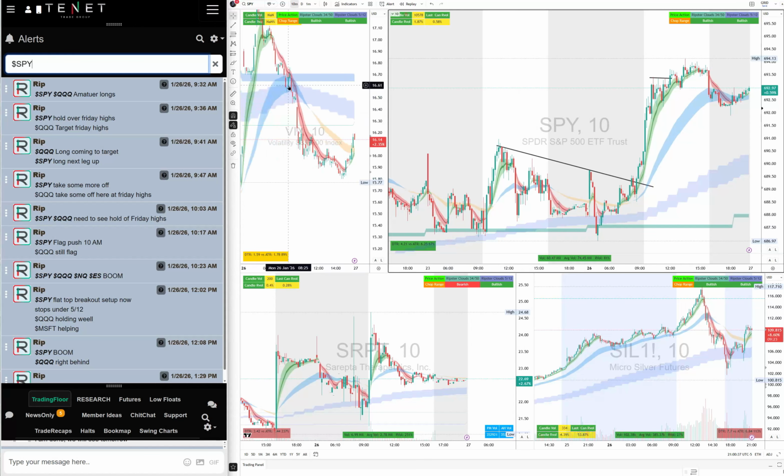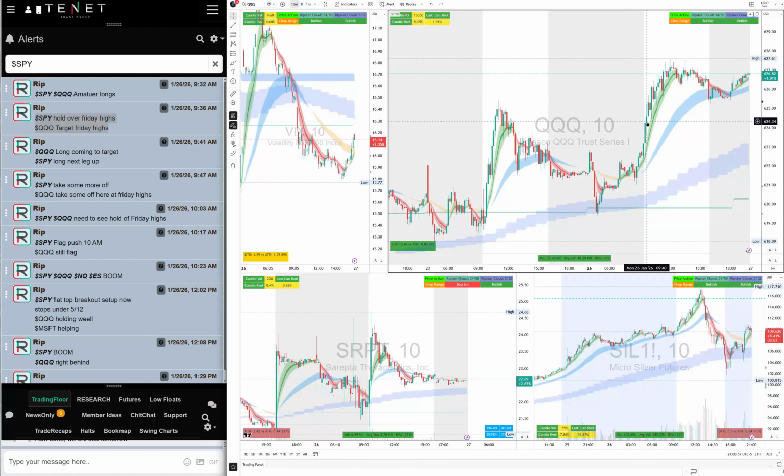As you see in the morning at 9:30, the VIX started to reject right at the open. That's why I told the traders amateur longs. Amateur longs is the initial move long, and then we'll see what happens at 10 a.m. I told the traders, if you push over the Friday highs, that's your target. QQQ was also a target. Yesterday's high was the target. If we hold over yesterday's highs or Friday highs, we're going higher. That's the concept. If you hold over the previous day high, you're going higher, and you have to hold your